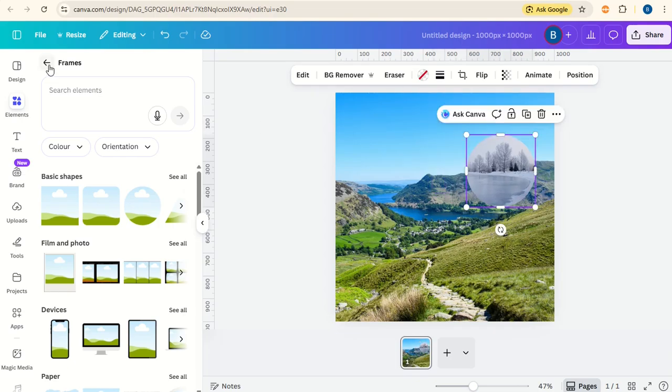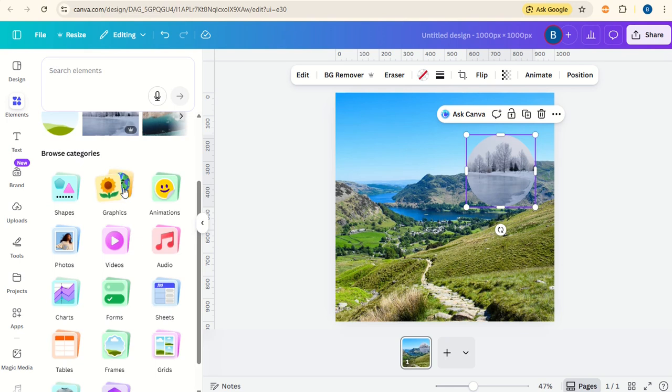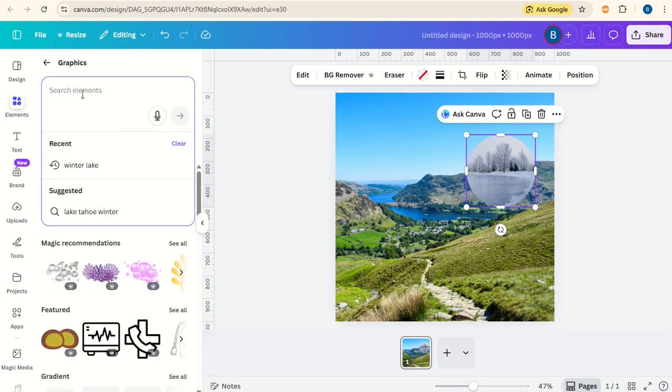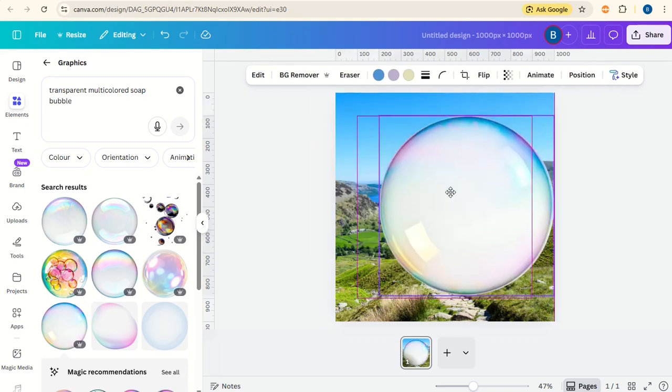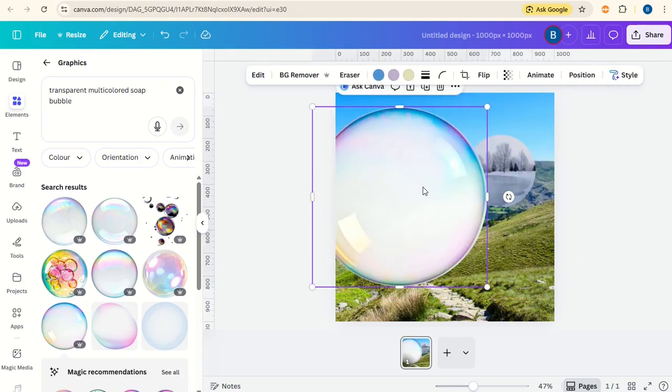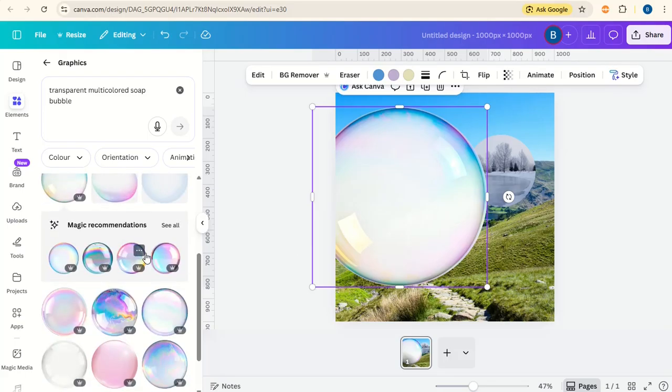So the next thing we want to do is to go back and then go to graphics, and I'm going to type in transparent multicolored soap bubble. Now there's a particular bubble that I'm looking for here, because something which seems to have changed in Canva is that some of these bubbles are now no longer transparent, so you can see through them. So I'm going to scroll down,